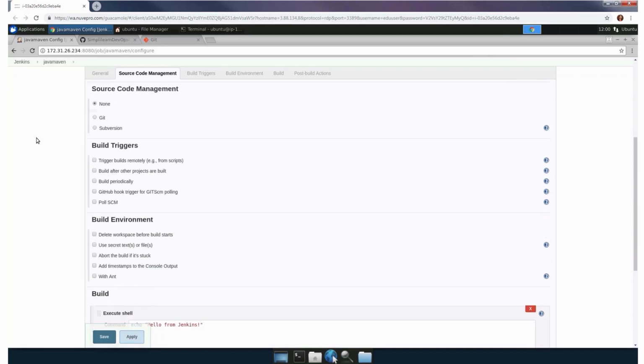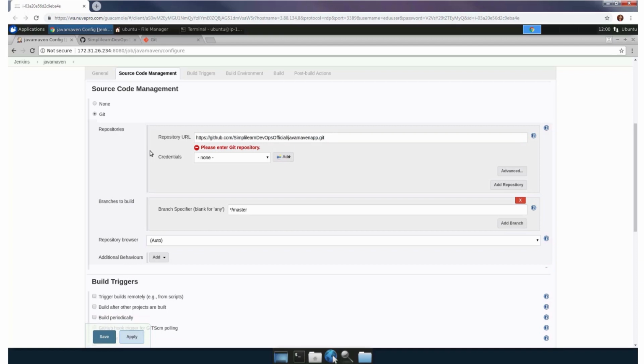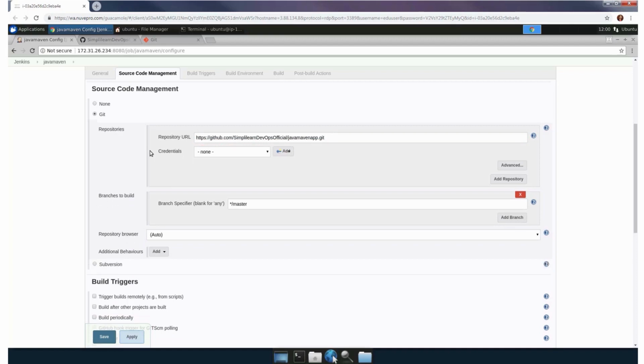There, we click the option Git. We paste the URL of our Simplilearn Java Maven app repository into the text box Repository URL. Entering a valid URL will make the error message, "Please enter Git repository," disappear. We're going to select some predefined credentials from the credentials dropdown. We added those earlier, but if you need to add credentials in the future, simply click the Add button and